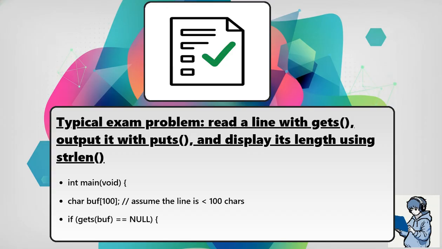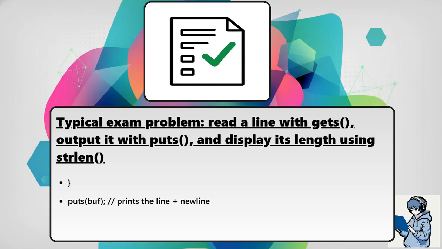If (gets(buffer) == NULL) { return 1; // error or end of file }. puts(buffer); // prints the line plus newline. printf("length = %zu\n", strlen(buffer)); return 0; }